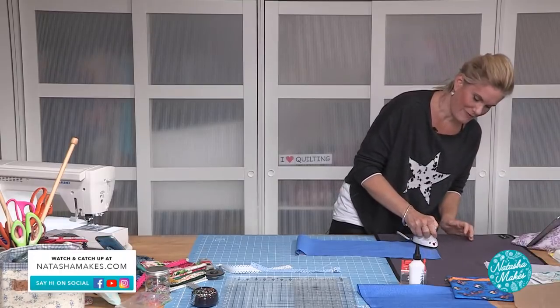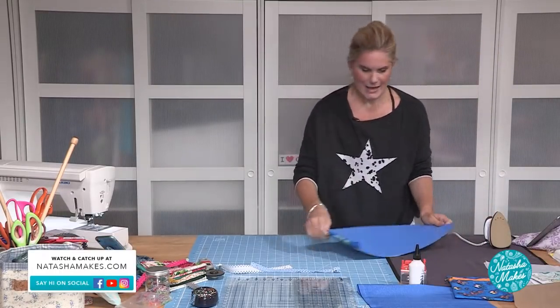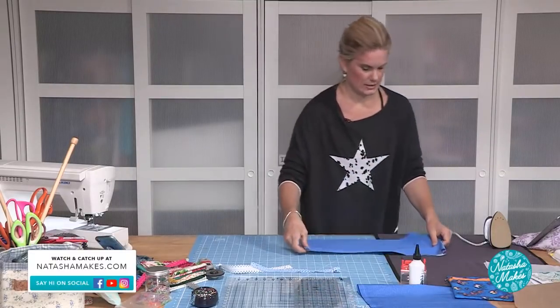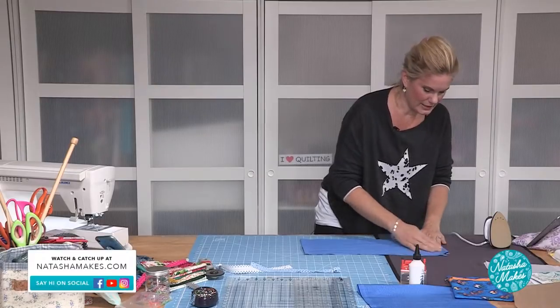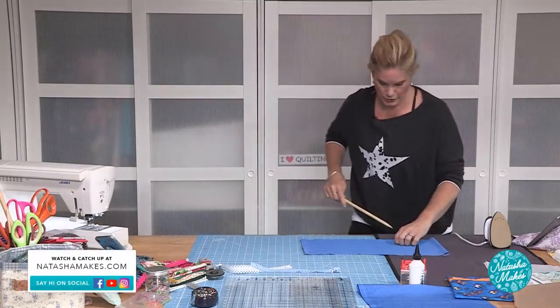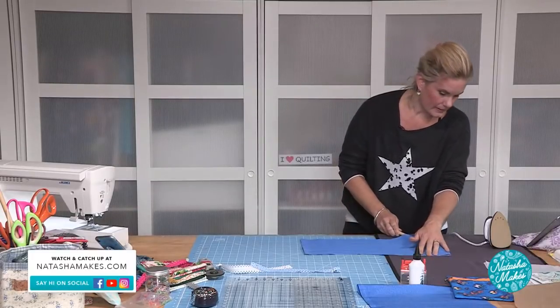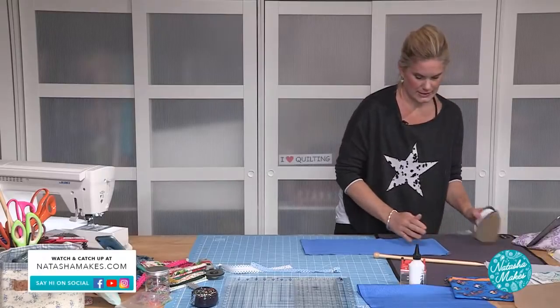It's other people's thing. So turn it through the right way. We now have a seam, haha. And again, if you're worried about how to do that, get a little pokey tool and sort of poke out that seam as you go. Just along there like that. Finger press, and then,